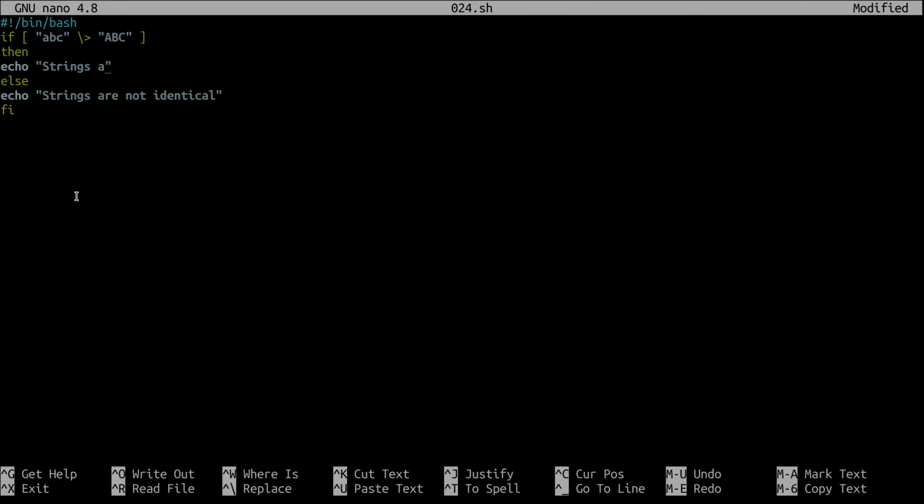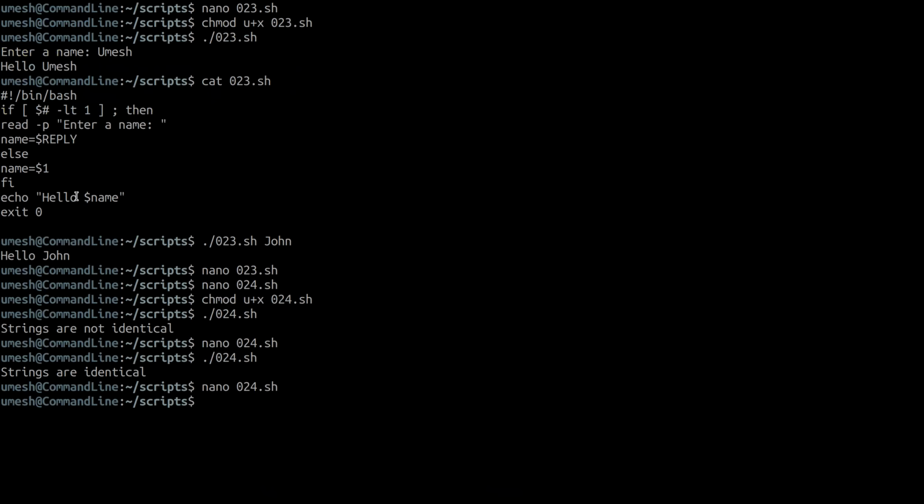Let's do: first string is greater than second string, or else first string is smaller than second string. It will actually use the ASCII value and compare the ASCII value. So in this case, it should be the greater. So the first string is greater than second string because ASCII value for lowercase a is greater than uppercase a.